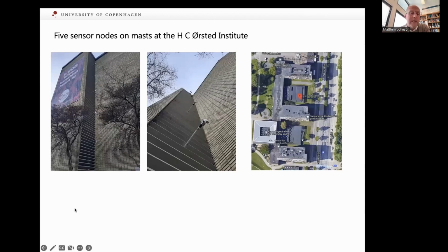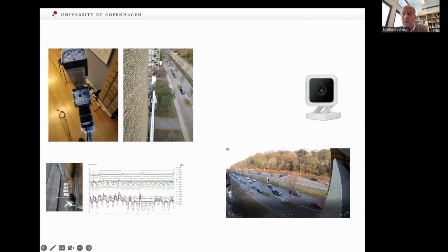Here's another small study we did called the vertical study, where we're just looking at the air pollution levels at different altitudes in relation to this street, which has a lot of traffic in the morning outside of our institute. And we've been using different algorithms to figure out the traffic levels and correlate this with noise and with air